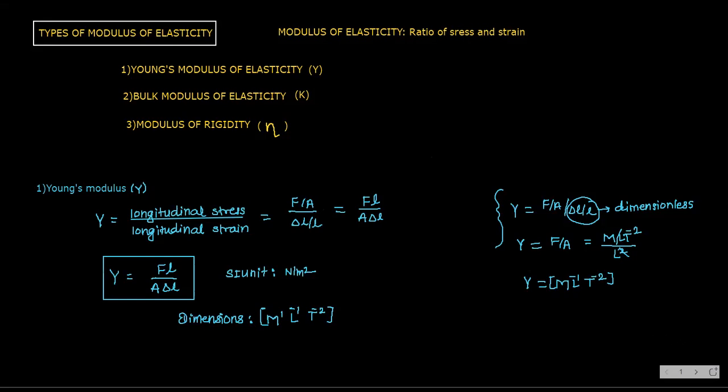Right, so let's move ahead. Next. Now, in Searle's experiment, we take one wire and hang weight down, and we have one reference wire also. The weight we are increasing and the extension we are measuring. Like that we get the Young's modulus formula mgl by pi r square into delta L. Let's see how.